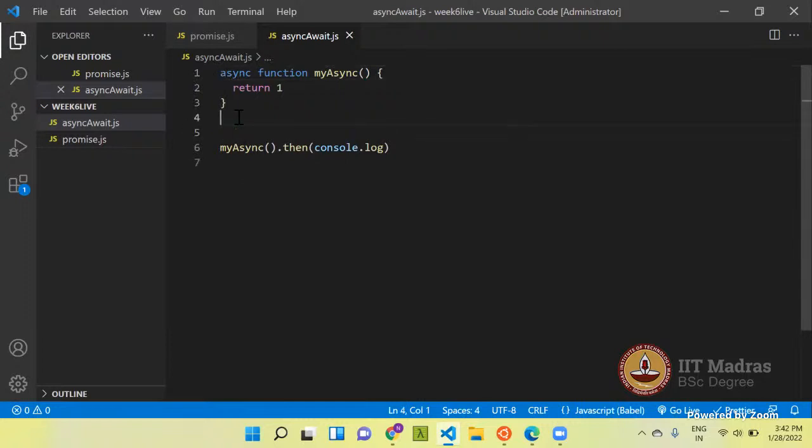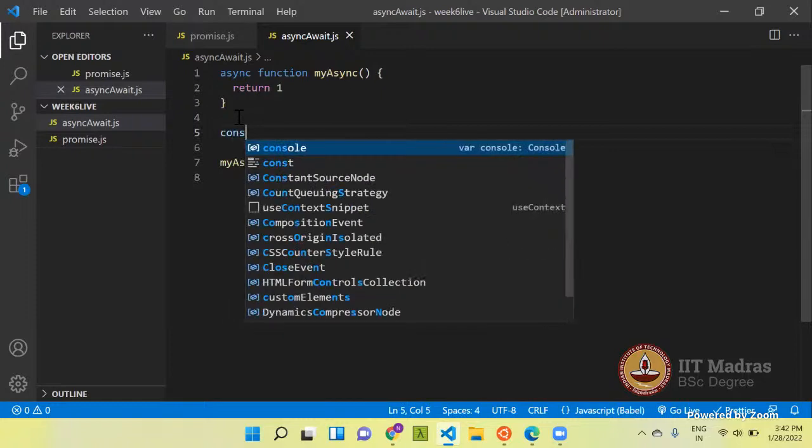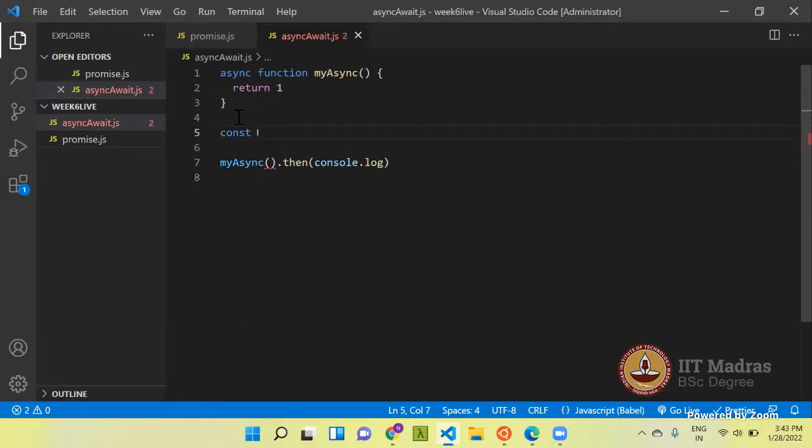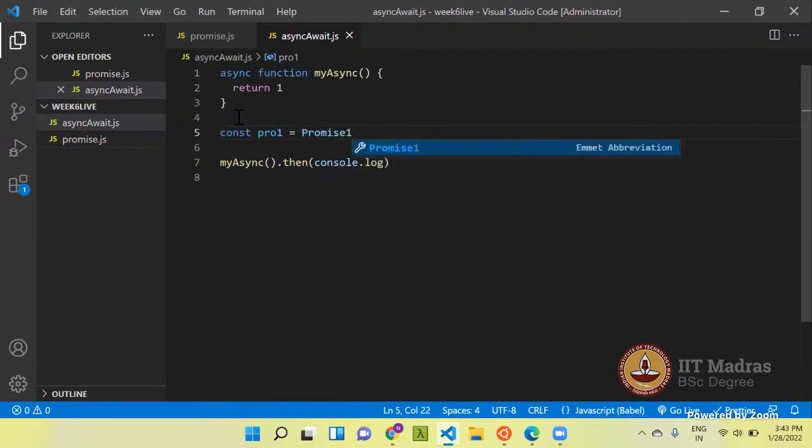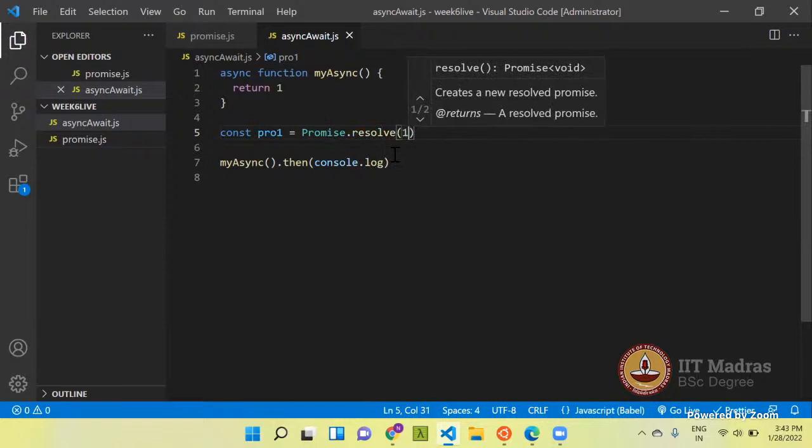There is a simple way to create a promise. If you want to create a simple promise, you can use the Promise.resolve function or the Promise.reject function. Promise 1, Promise.resolve with 1.